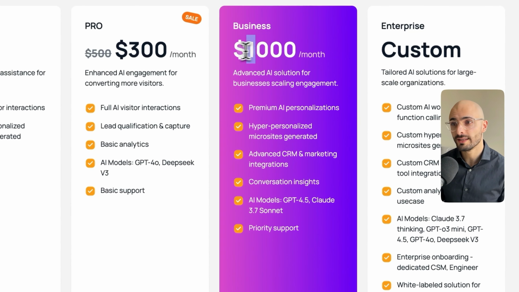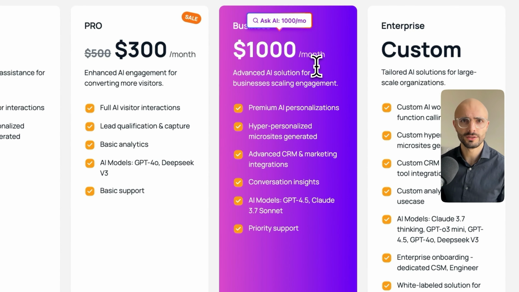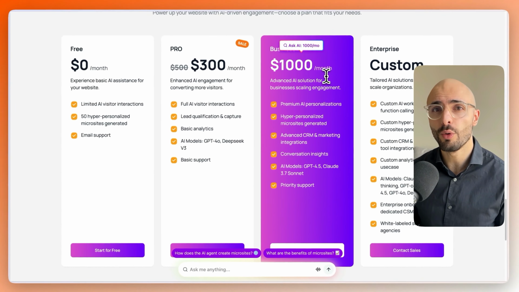Now, you might look at $1,000 a month and you might think, whoa, that's too expensive, but think of it more as an investment, right? If I were you, I would do a quick calculation and basically check what your current sales are for your current website. And then if that number were to, let's be conservative, instead of saying 4x, just double it. If your conversion rate was to double, that means your revenue would most likely double. And if your profit on that revenue is more than $1,000 per month, then it's a no-brainer to go ahead